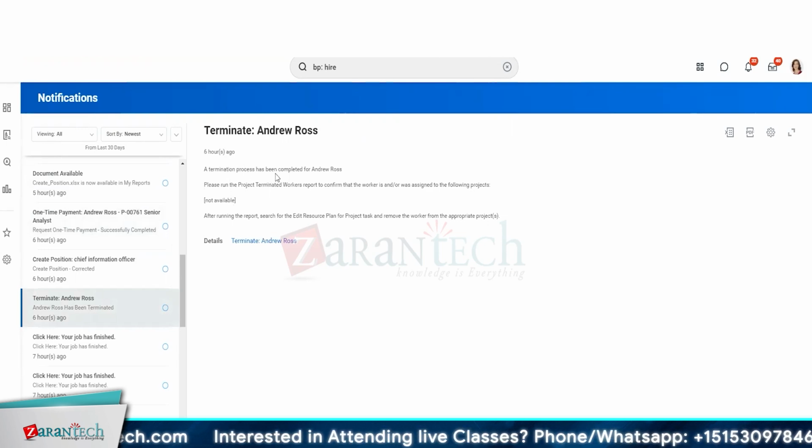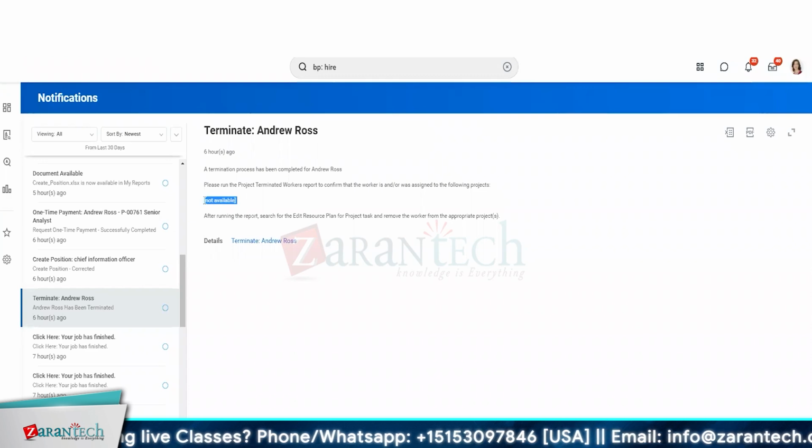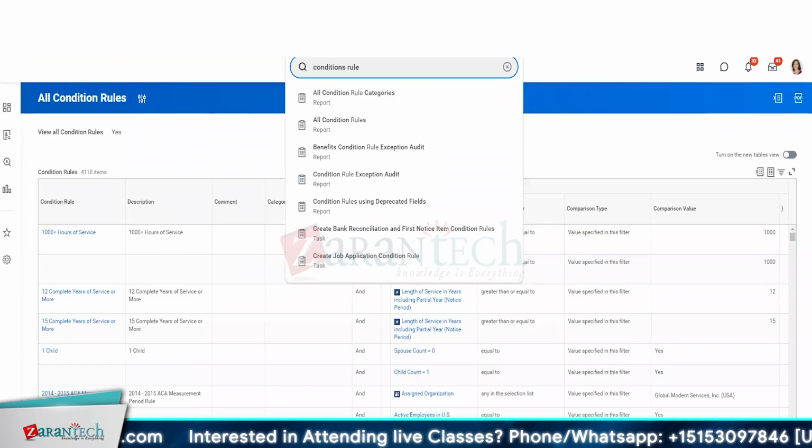A termination process has been completed for Andrew Ross. So this is the legal name of the worker. Then a line break. Please run the project terminated workers report to confirm that the worker is in the projects. Then this field is not available, whichever is configured. We'll have a look at it. And after running the report, search for the edited resource plan for project tasks to remove the worker from appropriate projects. So let's have a look at this